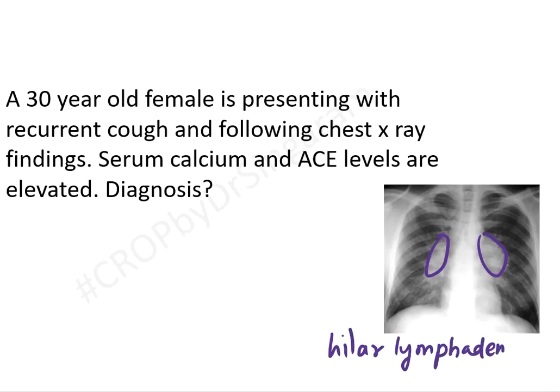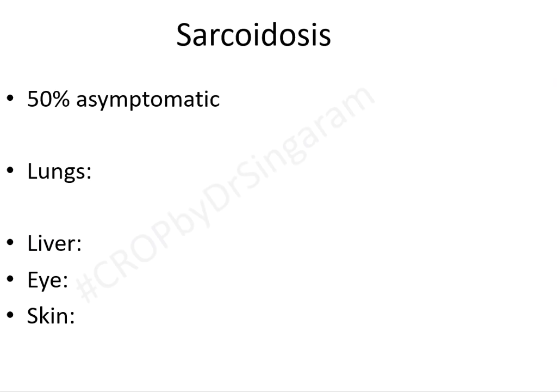So now tell me the diagnosis. You need not even know the options, a straightforward diagnosis. Yes, because especially calcium is increased, ACE levels are increased, cough is there, hilar lymphadenopathy is there. It is not tuberculosis, but it is what? Yes, it's a case of sarcoidosis. Sarcoidosis, a very, very important topic for your exams. Please remember, it's a disease of unknown etiology. 50% of the patients are asymptomatic. If at all they are symptomatic, lung is the most common site of involvement. And in the lungs, it classically manifests as lymphadenopathy, which I have put up in the picture,